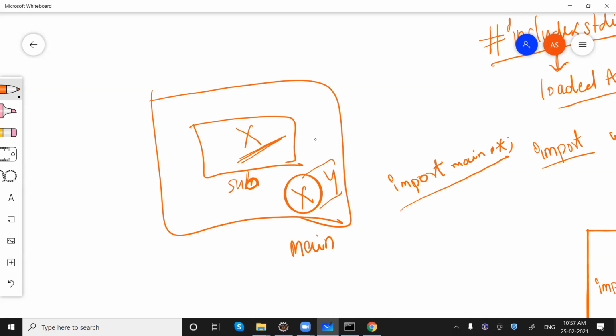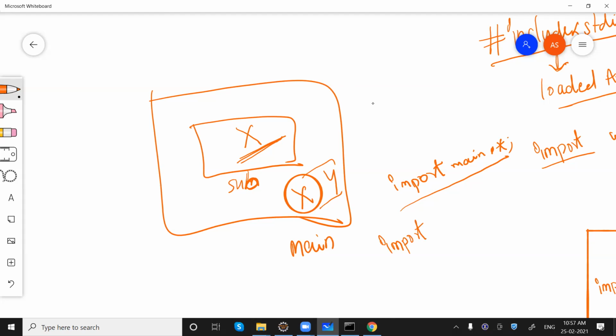Only main folder classes will be loaded, not the subfolder classes.